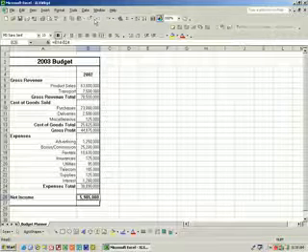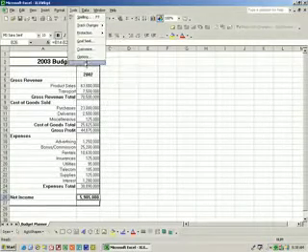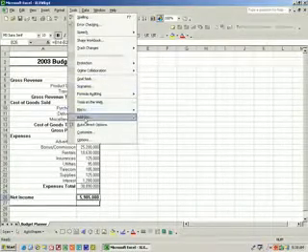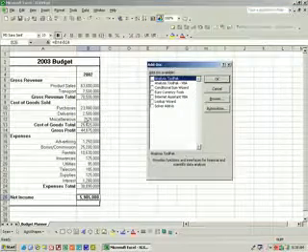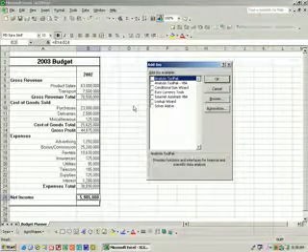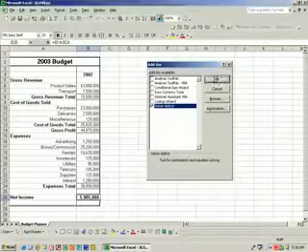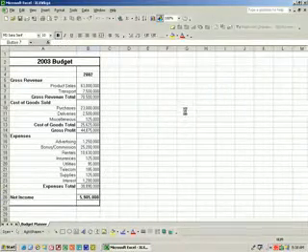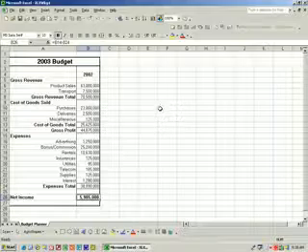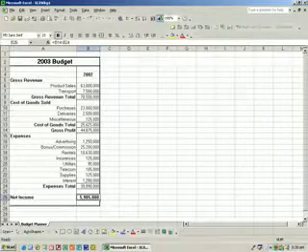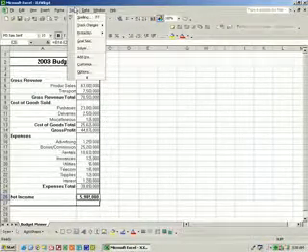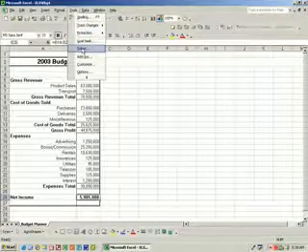And let's go to the tools menu and check the solver add-in and OK. And let's go to the tools menu and solver,